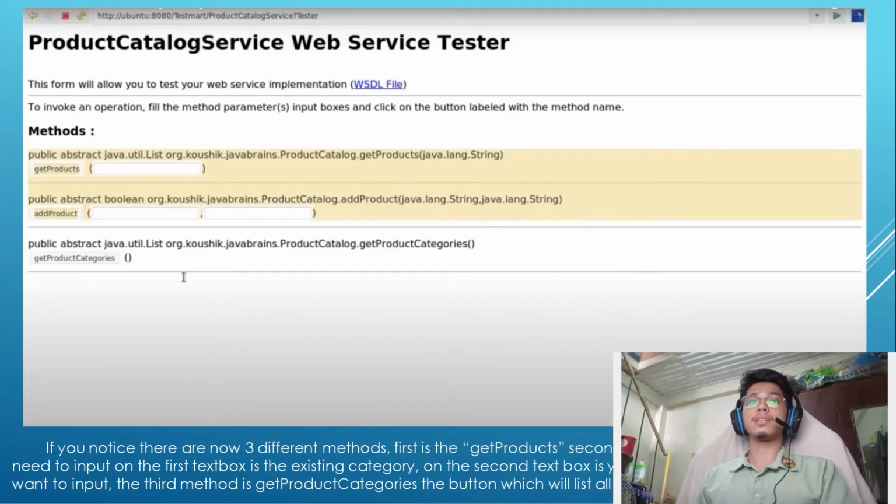If you notice, there are now three different methods. First is the get products. Second is the add product, where you need to input the existing category in the first text box. In the second text box, you need to input the product that you want to add. The third method is get product categories, the button which will list all